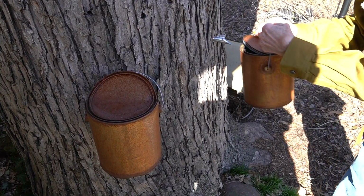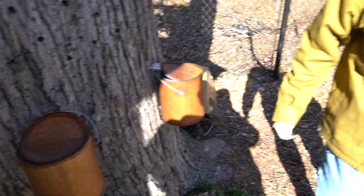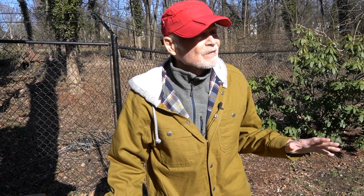The other cans that I put up, and I've got a total of 8 cans, I did at the end of January. Today is the first time I'm actually boiling down sap. This is not a good year for making maple syrup. The only thing I can think of is that the weather is just